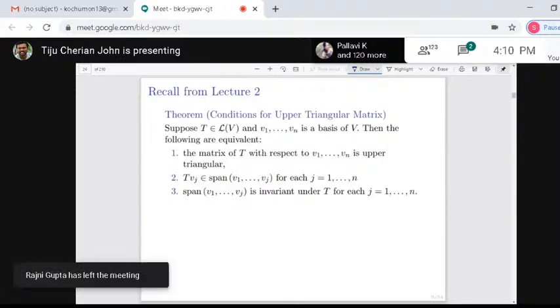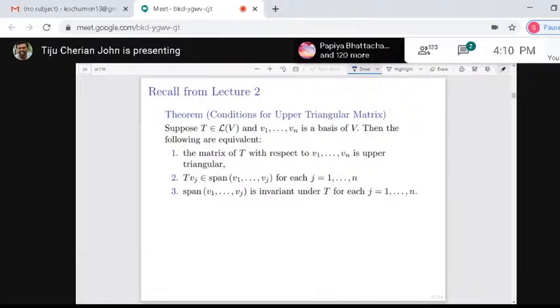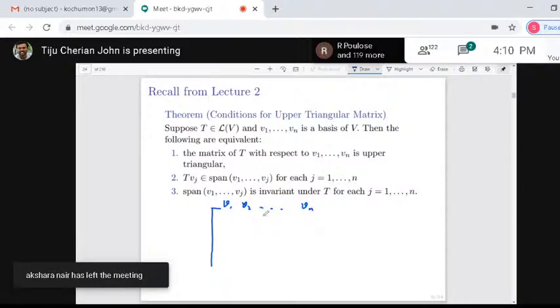And we had seen when you can say that the matrix of an operator is upper triangular. There are equivalent conditions for that. So what is an upper triangular matrix? This concept is very, very crucial for us. Suppose you have some basis, let's say v1, v2, etc., vn is a basis of our vector space V, and suppose you have your operator T as a matrix which